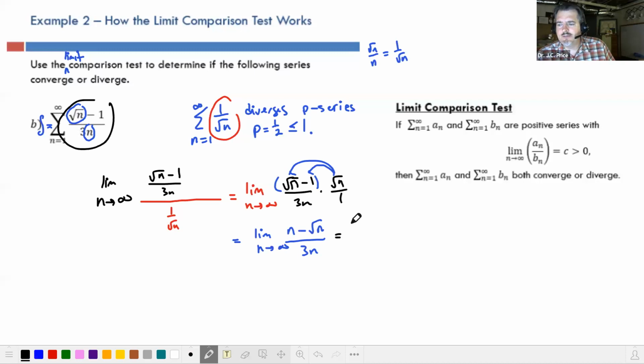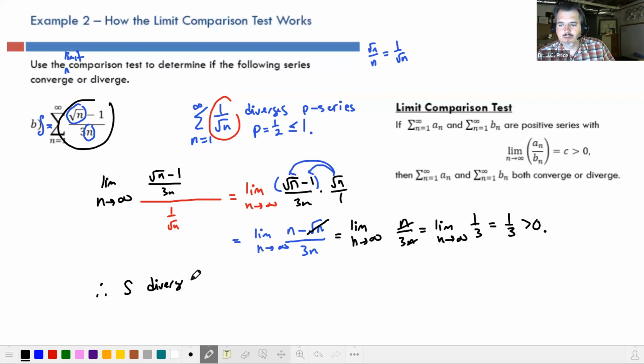And basically, the same idea will work here. If you wanted to, you could probably L'Hopital this, but it's so much easier just to cross off that lower degree term there. And so then you have n over 3n, and then of course the n's are going to cancel. So if I go real slow here, you can see all my little thoughts. And so this is the limit as n goes to infinity of 1/3, which equals 1/3, which is bigger than 0. And so therefore, I can conclude